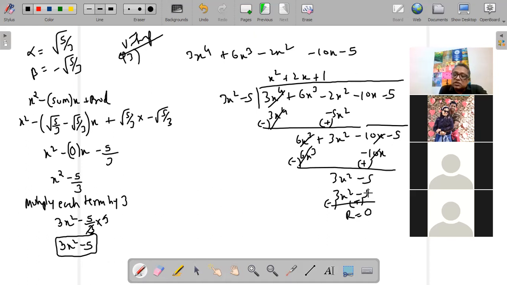रिमाइंडर हैज टू कम 0, ऐसे जब भी आपका क्वेश्चन आता है रिमाइंडर 0 आएगा, दैट इज फॉर श्योर। अगर आपका 0 नहीं आया इसका मतलब आपने गलत किया है। सो पहले हमने ये फॉर्मूला लगा के ये क्वाड्रेटिक पॉलिनोमियल निकाला, फिर लॉन्ग डिवीजन से यू हैव टू डिवाइड, ठीक है, लंबा क्वेश्चन है। फिर कोशेंट आएगा,